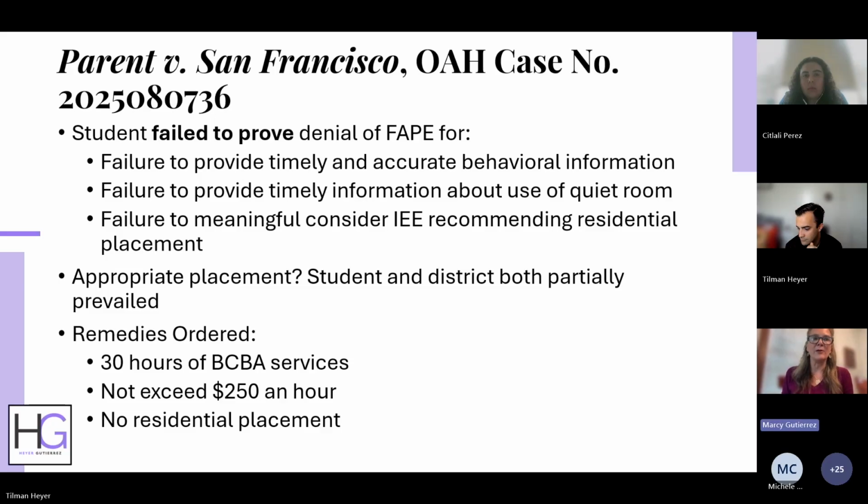We know that we're required to complete a BER whenever there's an emergency intervention that staff uses to control a student's behavior, right? So physical management, stability holds, restraints, escorting a student. And that when we do use a BER and it involves previously unseen behavior, we have to then have an IEP meeting. So here the student had